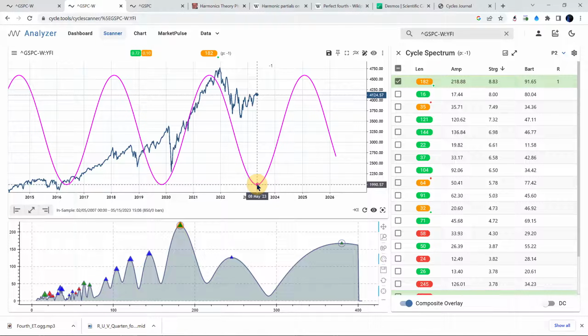So we are quite not sure if we are more to the left of the real price low, or if we have already passed this low and are already in the upswing here. So from a theoretical point of view, we are exactly in the bottoming window. But I mean, you know that price is dynamic. We don't see this symmetrical cycle as perfect as a sine wave would look like.